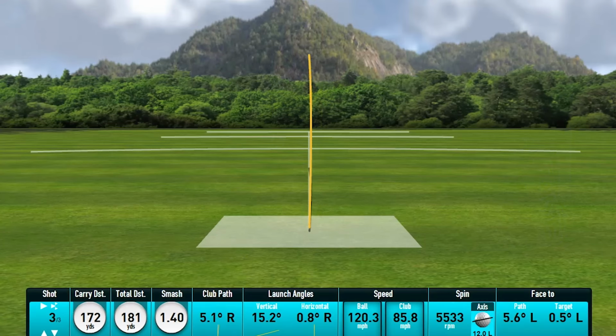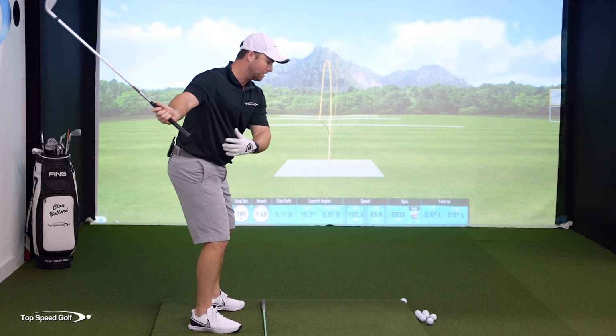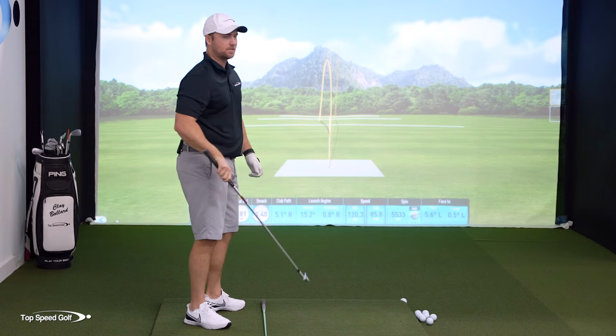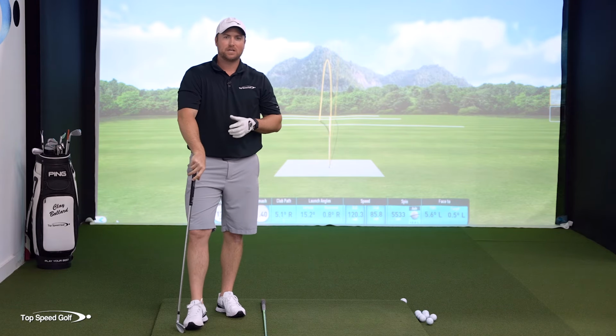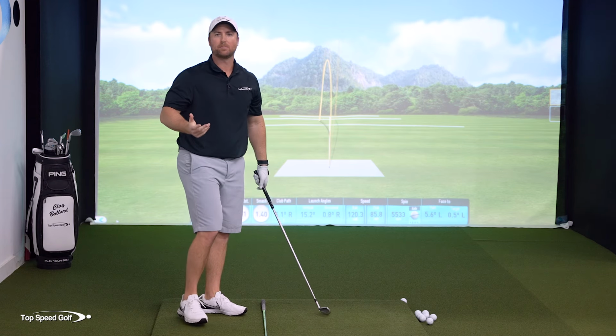There we go. Again, the draw happened automatically. 172, and I felt like I barely even swung at all. I felt like I put out almost no effort. My body just kind of rotated through and that club just got slung around. That's so much easier when you're getting these right positions like what you're seeing all the great ball strikers in